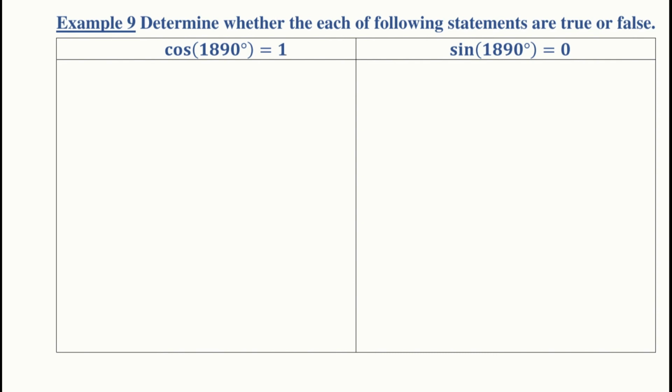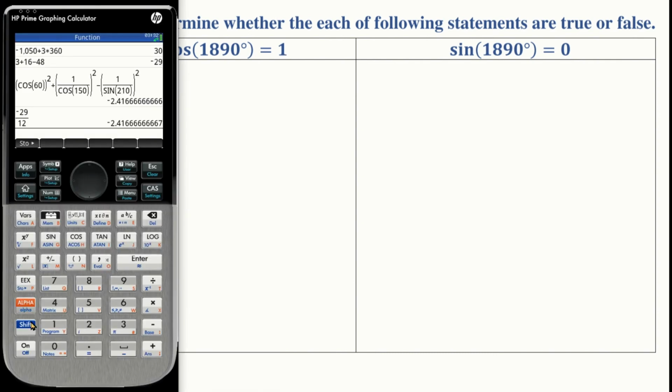So as you know by now, we're going to take the 1890 and see how many 360s are hiding inside. More than 5, so we're going to start with 1890 now, and we're going to take away 5 multiples of 360,